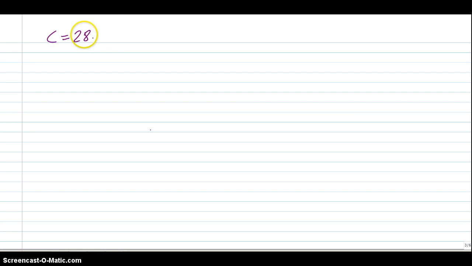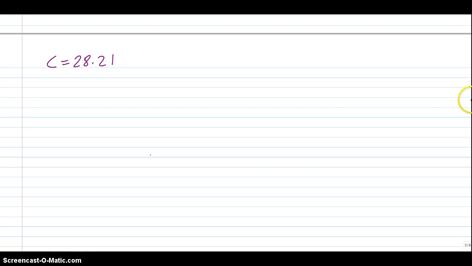All right. So let's pretend C is 28.21. Now I'm gonna find angle B. B started with 150, right? So 150 squared equals the other side, 125 squared plus 28.21 squared minus 2 times 125 times 28.21